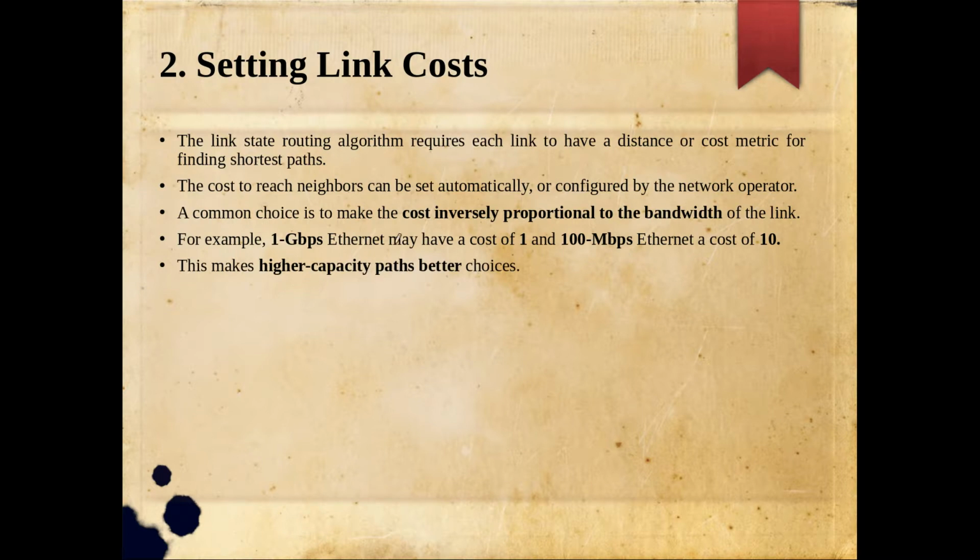This makes higher capacity paths a better choice, because as the capacity increases from 100 megabits per second, where the cost is 10, to 1 gigabit per second, the cost becomes 1. We are focusing on the shortest path, so it will return the path containing 1 gigabit per second as the shortest one, as it has the minimum cost. So a path with better capacity is output as the efficient path. That is what is preferred, so accordingly you have to set the cost. As we are trying to minimize the cost, the suitable criteria should be taken. So this is one way of choosing the cost.